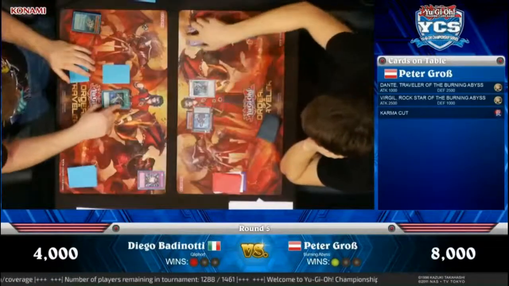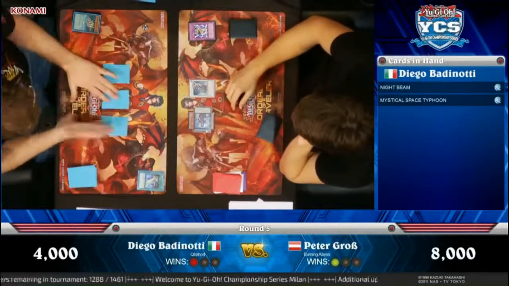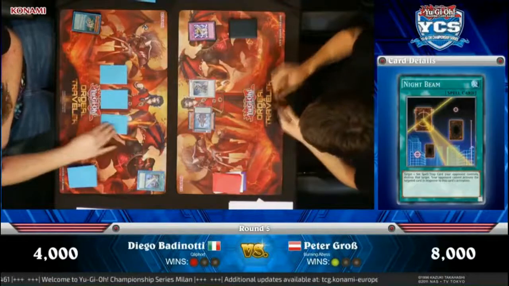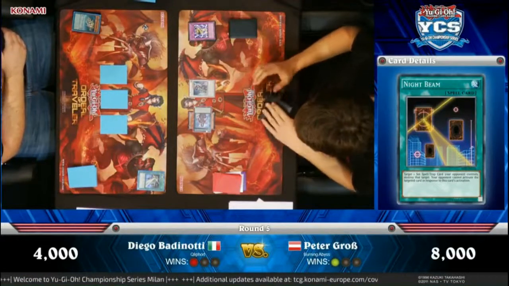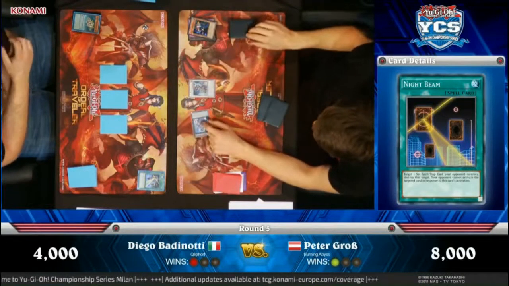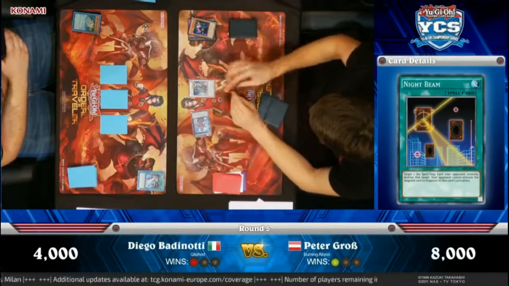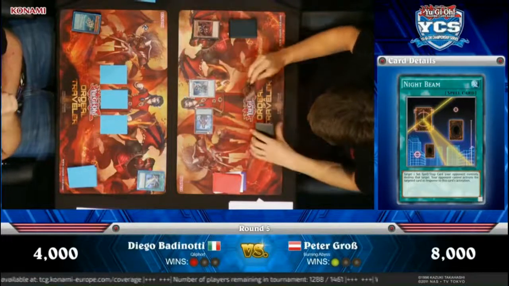So there's the Night Beam that Diego is activating. That's, I don't want to say a better version of a Mystical Space Typhoon, but it's a very, very good card to be playing. Well, you can only play it in your turn, but it's basically saying you have answers, but you're not going to use them. Yeah. And especially against Burning Abyss, where everything is chainable, this is a real thing. So that's a Skarm going to the graveyard there, so in the end phase, Peter will be able to get...